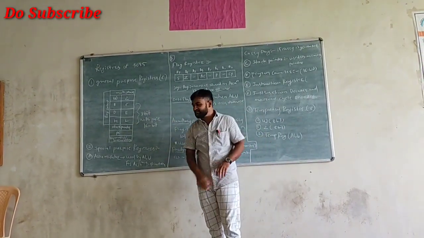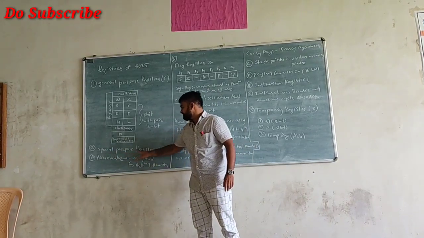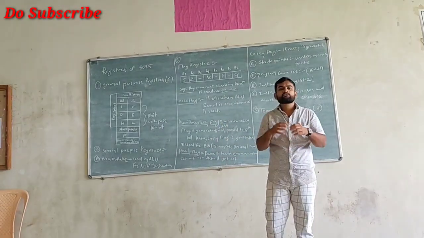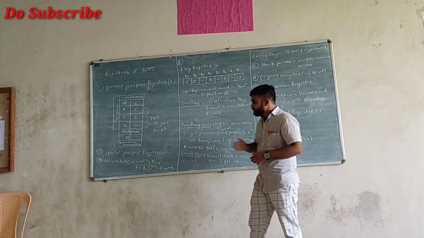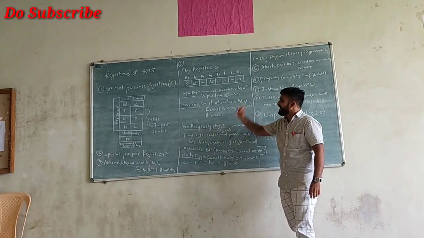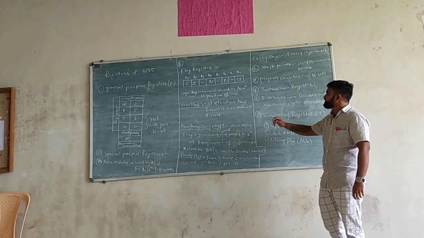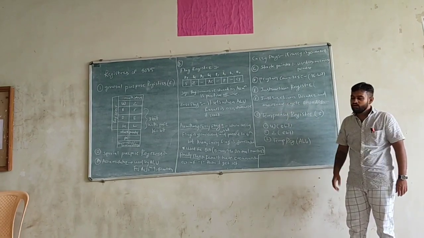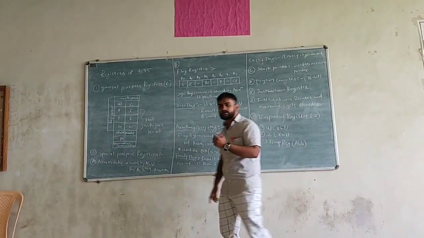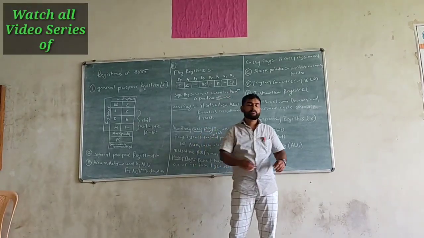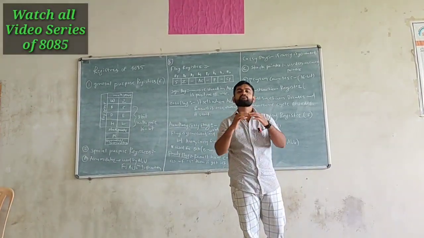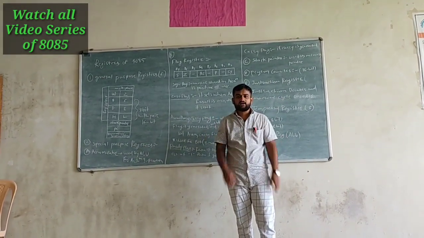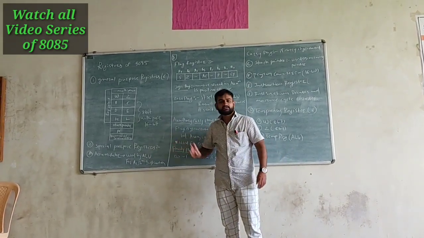Now the second type of registers is the special purpose register. In special purpose registers we have multiple registers which have different working approaches. For example, we have the accumulator, the flag register, the stack pointer, the program counter, the instruction register, the instruction decoder and the machine cycle encoder. So these are the special function registers. Why do we call these special function registers? Because each register has a different purpose and different functionality. They follow different work. Because of that we call them special purpose registers.